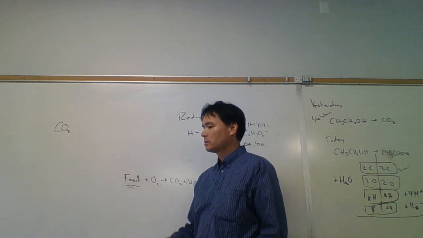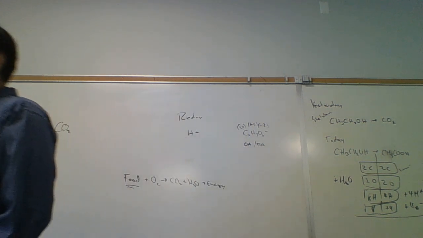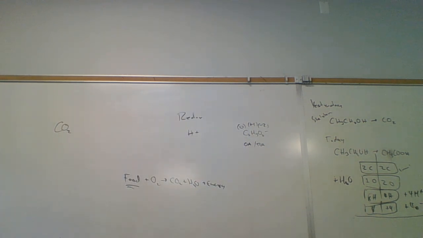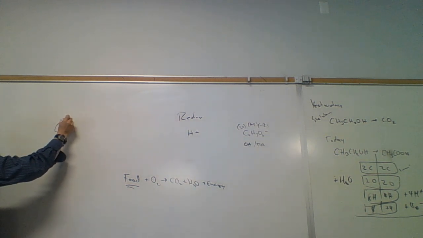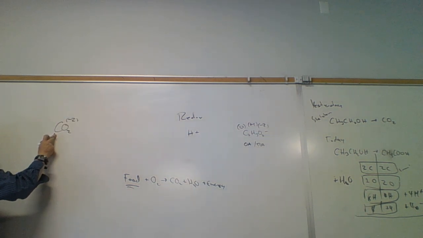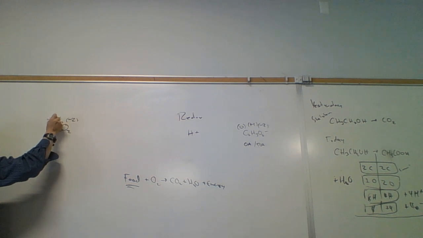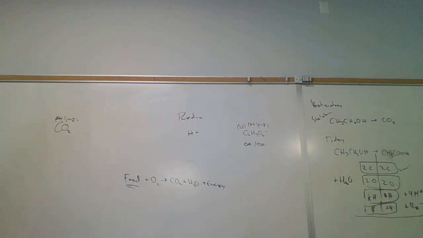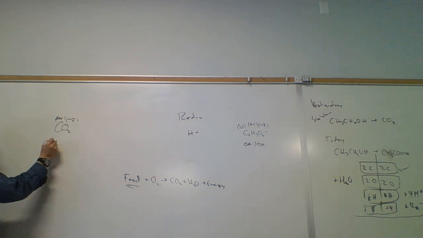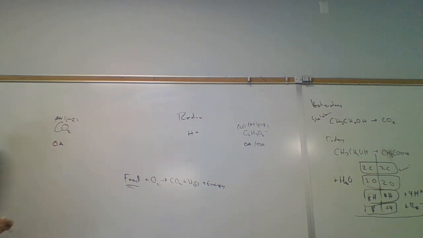How about redox? What would you classify CO2 as? And so when we look at this, oxygen's a -2, that means carbon is a +4. At carbon at a +4, can it lose any more electrons? No. The only thing it can do is gain. So CO2 is an oxidizing agent. Is it a very strong oxidizing agent? No, it's not. However, if you have a powerful reducing agent, then